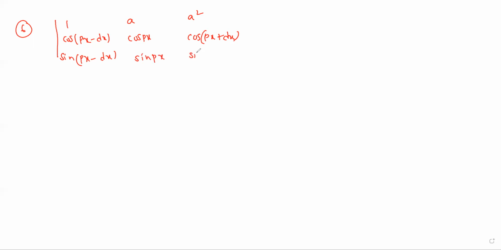Now coming to question number 6. Given that 1 over a square. Now this is cos of p minus dx. This I can write as px minus dx into cos of px. Here cos of p plus dx means we can write px plus dx. Now here actually sine of, x is missing, you can take it as x only, by solving sine px. Here the x multiplied inside means sine px plus dx.